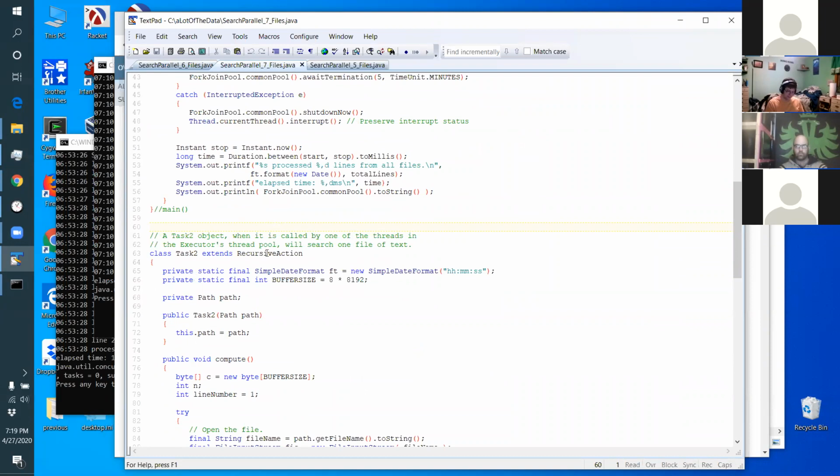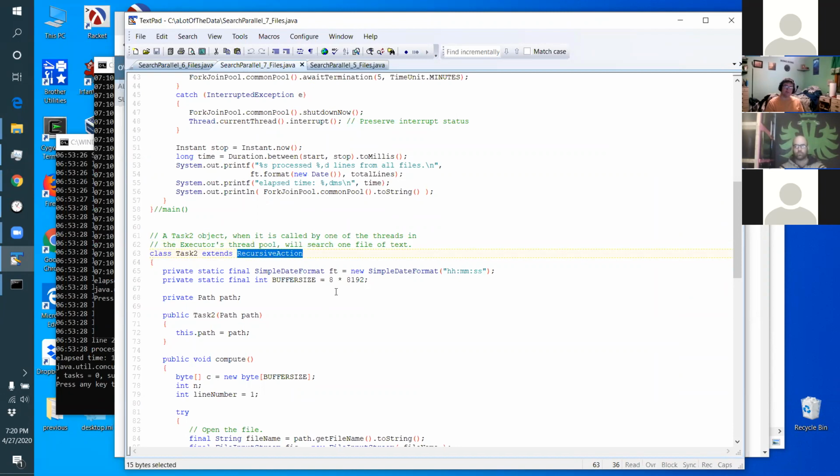What I liked about this is, if you read about fork join pools, almost everybody talks about them in terms of their use with recursive functions, as if fork join pools came from recursion. I was actually fooled by this until I wrote this, thinking that fork join is tied to recursion, and even here it says that recursive action is part of the fork join